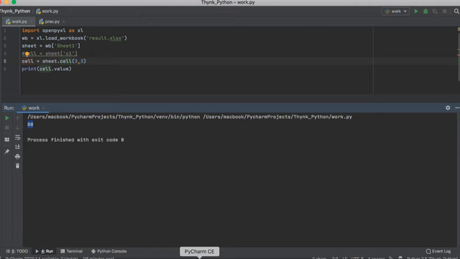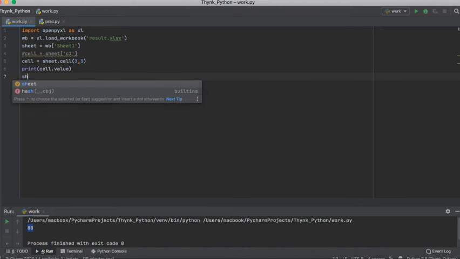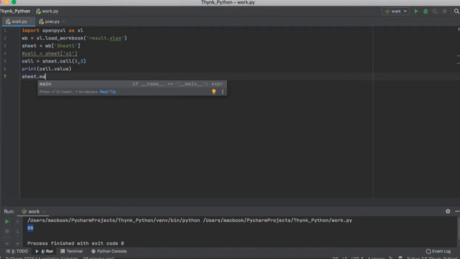Now if you want to perform any operation on my spreadsheet, then I need to know how many rows are there in my worksheet. For this we have a method called sheet dot max underscore row, not rows, row only.